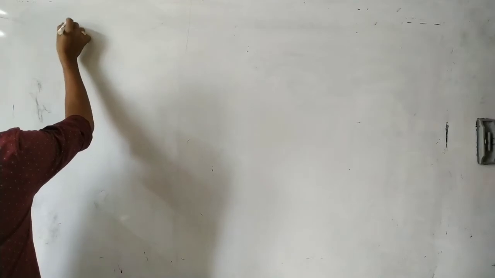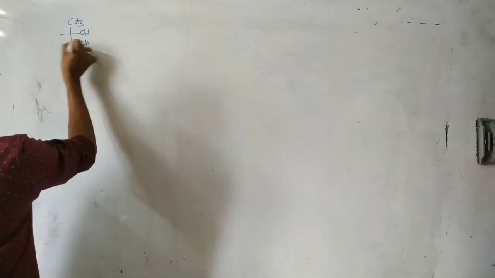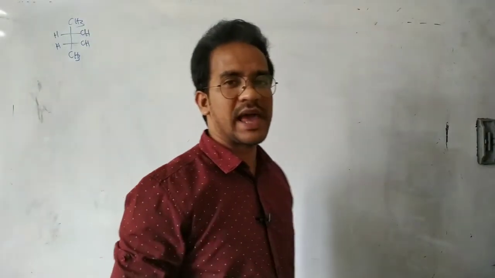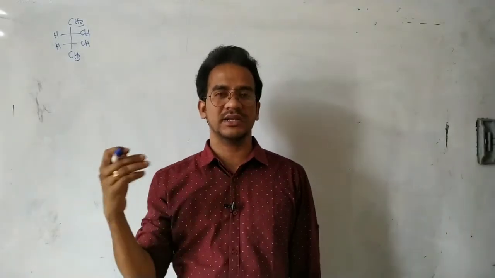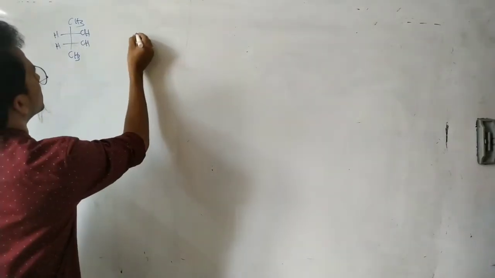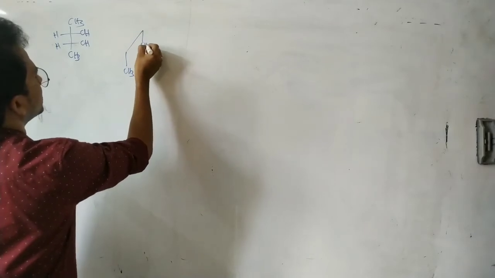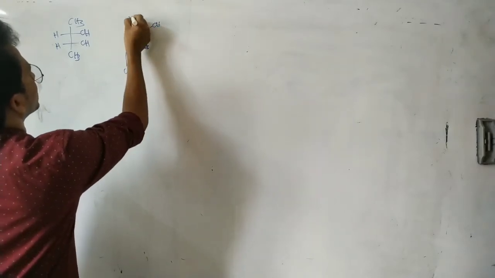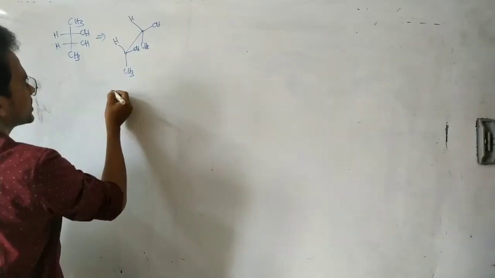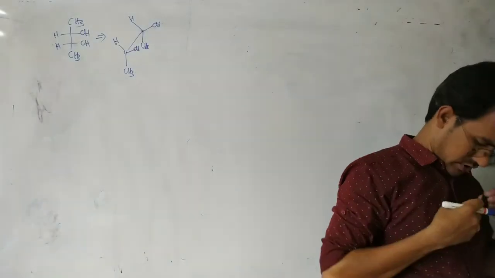This is a meso compound first of all, with CH3, OH, hydrogen, and so on in the Fischer projection formula. What is the exact Newman projection, what is the exact Sawhorse projection formula? So this is a Sawhorse projection formula. CH3 downward, here CH3 downward. Here OH on the right side, hydrogen on the left side. Here OH on the right side, hydrogen on the left side. It is the exact Sawhorse projection formula for this compound.